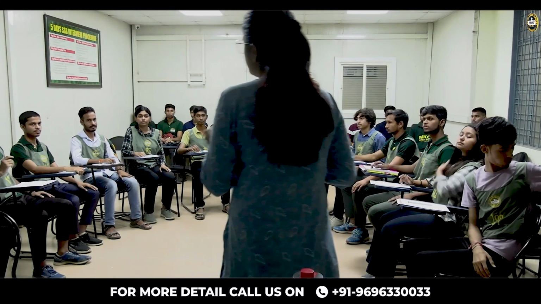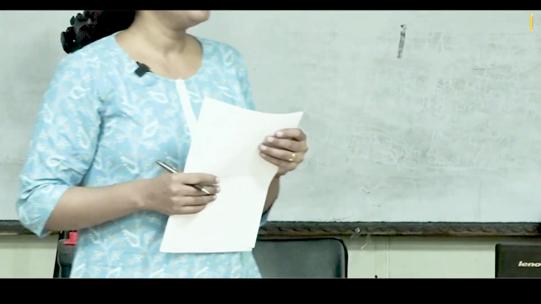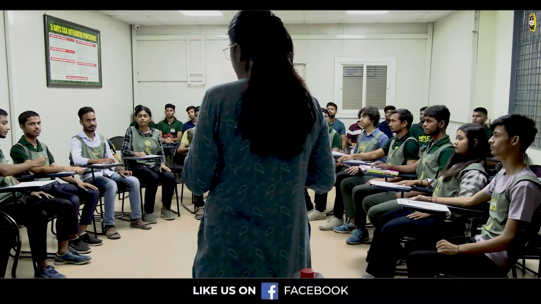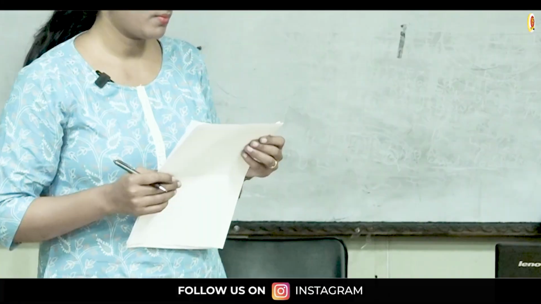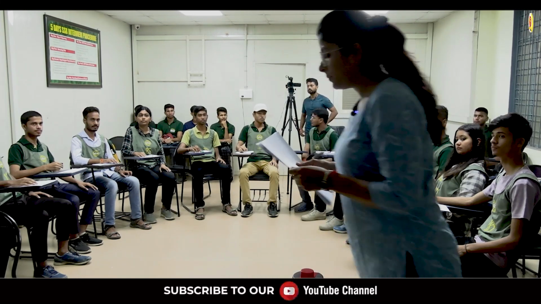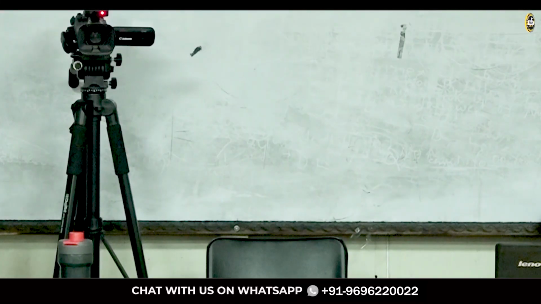Chess number 11. Yes, ma'am. Eye contact was proper. You need to develop your confidence level more. Fine? Yes. Pass the mic to 42. 42, you were not making proper eye contact. Even your communication skill, you were stuttering too much. So, you need to work on your power of expression and develop your confidence level.